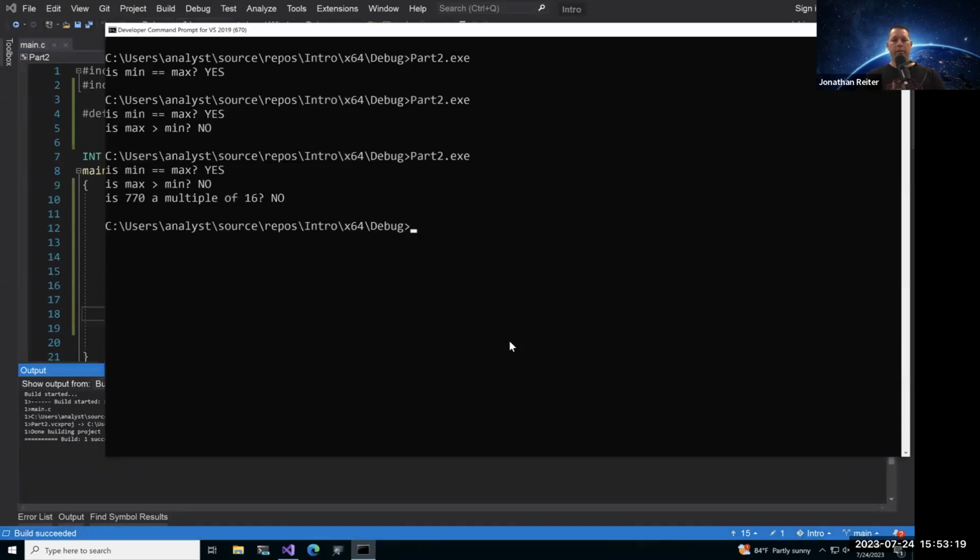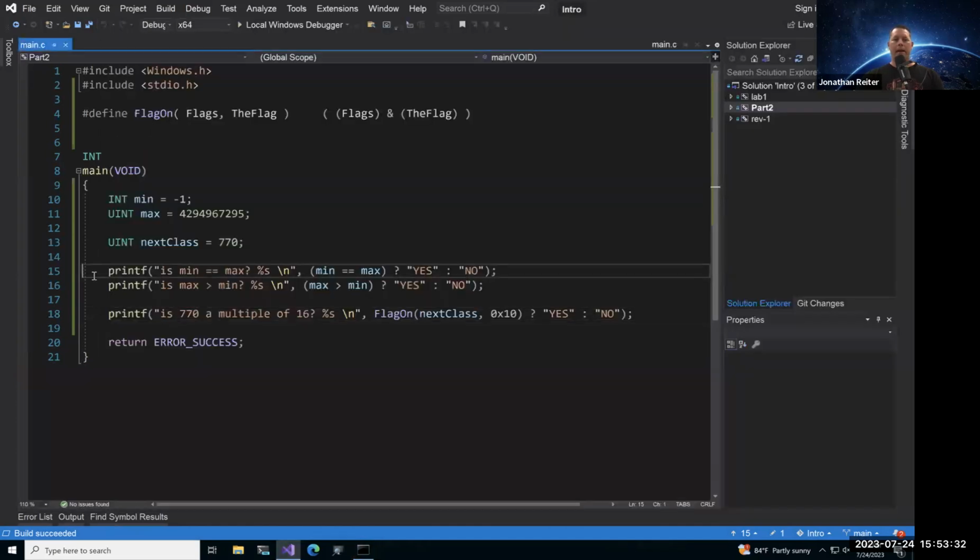Is 770 a multiple of 16? No, it is not. You can go ahead and test that with a calculator and verify if you'd like. The only thing that's happening behind the scenes is figuring out what the binary value is of 770 and going through looking at bit position 16 to see if that is set or not.